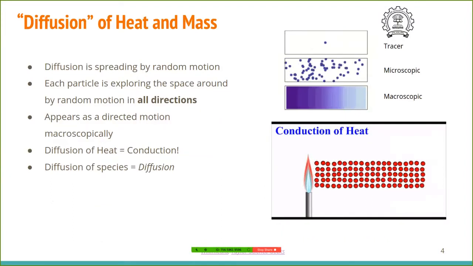Let us look at diffusion of heat and mass. Now consider this experiment here. What is shown here is three instances of the same experiment. One, as you see macroscopically, initially there is a concentration of some dye here, and that dye diffuses and reaches here. So you see a front, we'll see it again. We'll see a front which goes from here across the interface. This is what we observe as diffusion in the macroscope.